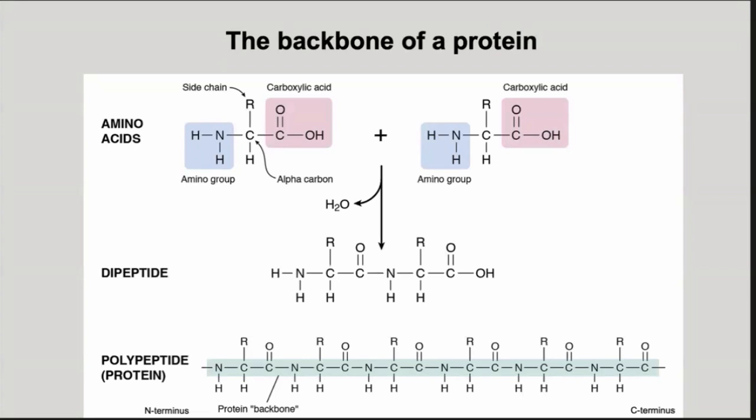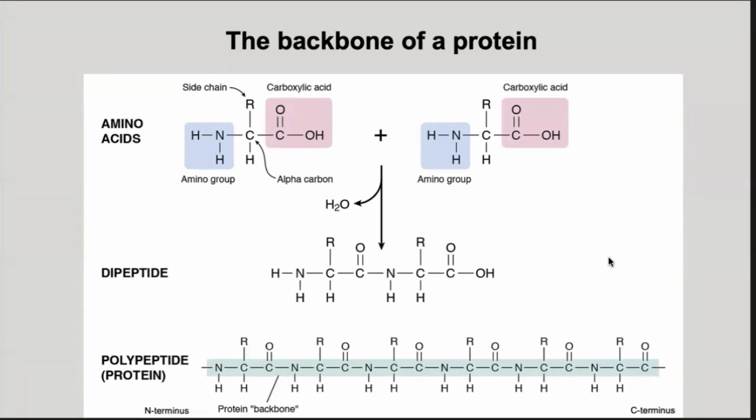anything else. So in a second, I'll mention to you that there's a type of model known specifically as a backbone model of a protein, which looks only at the nitrogen, carbon, carbon, nitrogen, carbon, carbon, only the stuff that's highlighted here in green, and it hides everything else. It hides the hydrogens, it hides the oxygens, and most importantly, it hides all of those large complex side chains. Right? So the side chains are completely hidden. But that's a great way to be able to visualize the folding of the amino acid chain inside the protein